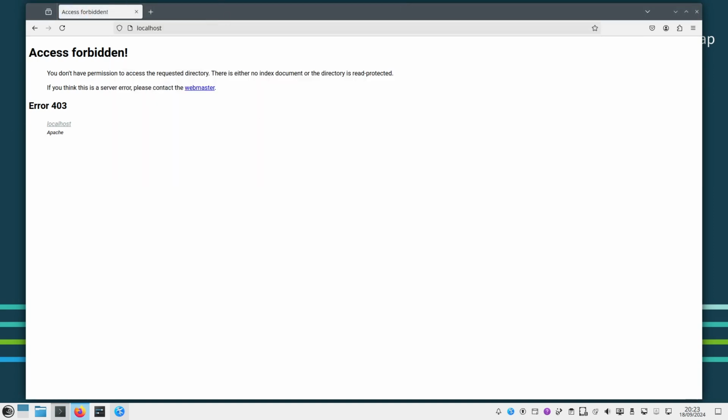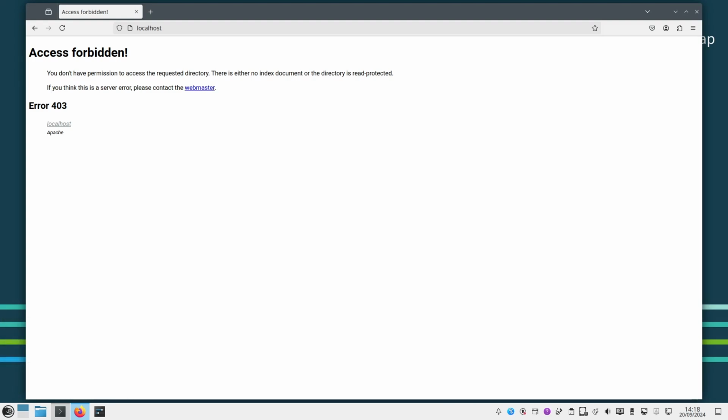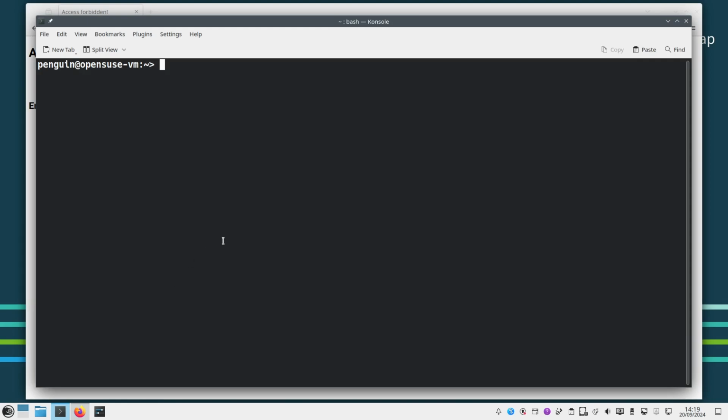Let's try. So okay, let's move on to troubleshoot the Apache installation on openSUSE Leap. Sometimes when setting up Apache, you might encounter common issues such as access problems or directory listings. So let's troubleshoot those things. As we can see here, you don't have permission to access the requested directory. So this message is an access denied message. This might be due to incorrect file permissions. So let's check the permissions for